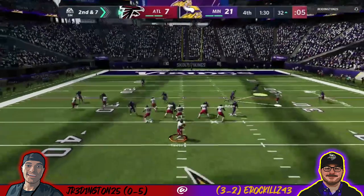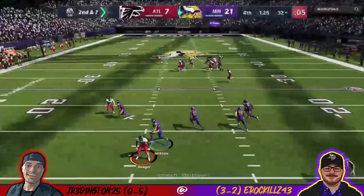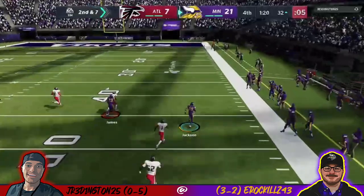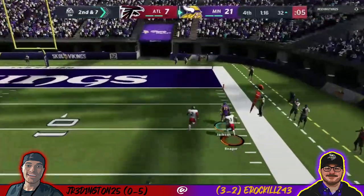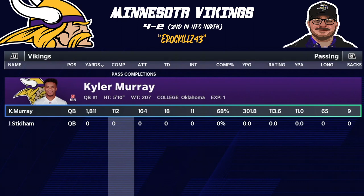And this is actually after Jimmy's Devin Bush interception, firing it downfield, but Eddie Jackson is there to intercept it, looking for somewhere to go, finding room to the right, and is running as fast as he can, ends up bringing this one back to the house for a touchdown, giving the Vikings the 28-7 victory. After only starting the season off 0-2, they've won 4 in a row, and it's all due to their quarterback Kyler Murray, been killing it so far with a league-leading 18 touchdowns,